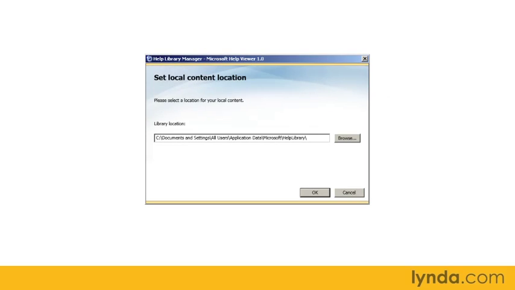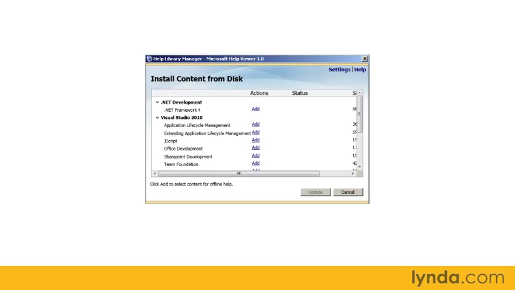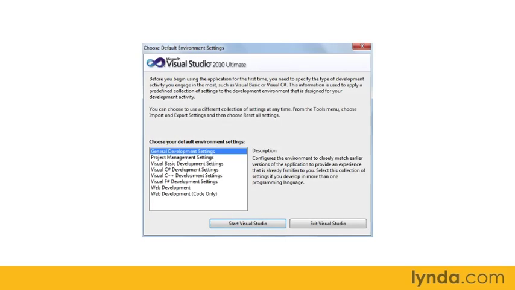I think this is pretty self-explanatory. Here I can pick which help files I want to install by clicking on the Add links. Once you finish the install, you can run Visual Studio. The first time you run, you'll be greeted with this screen. Your decision in this dialog affects the positions of the tool windows and the keyboard shortcuts that are available to